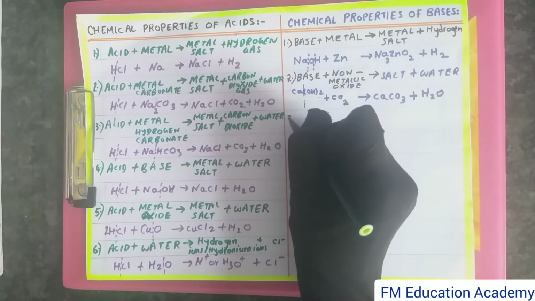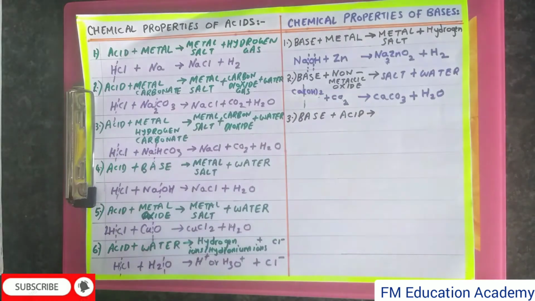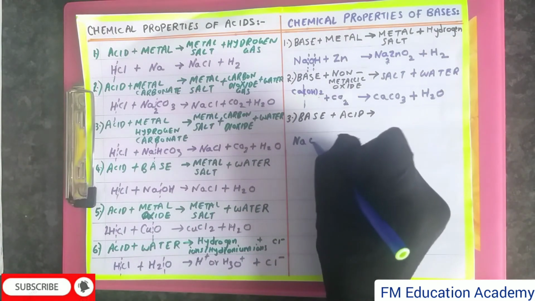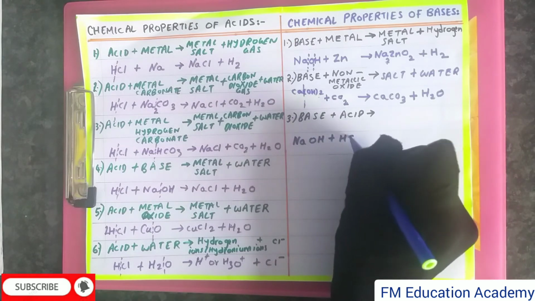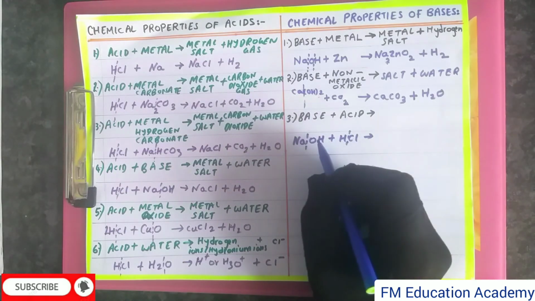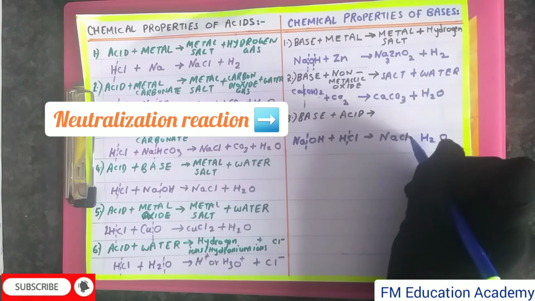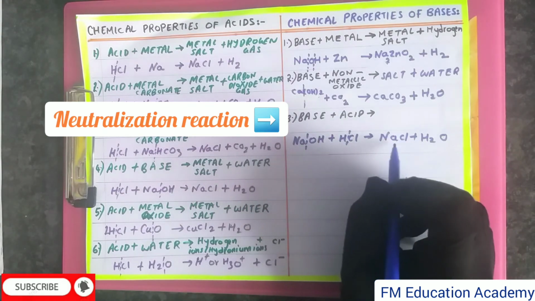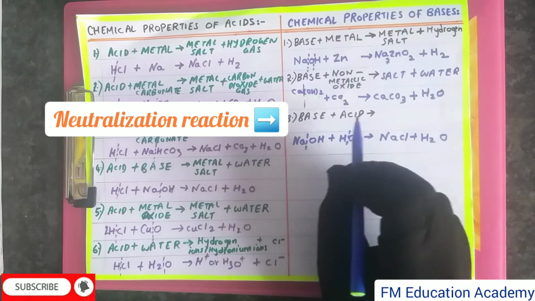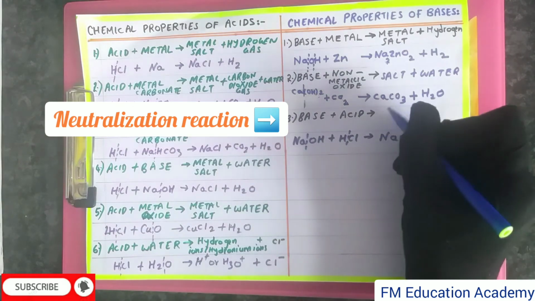The next chemical property is what will happen when a base reacts with an acid. With the base I am taking NaOH, and for the acid I am taking HCl. This will split and this will also split when sodium hydroxide reacts with hydrochloric acid. This hydrogen combines with OH to form water, and the sodium reacts with chlorine to form sodium chloride. So what do you observe? Sodium hydroxide reacts with hydrochloric acid to form sodium chloride and water. What is sodium chloride? A salt of a metal, that is sodium. So whenever a base reacts with an acid, a metal salt